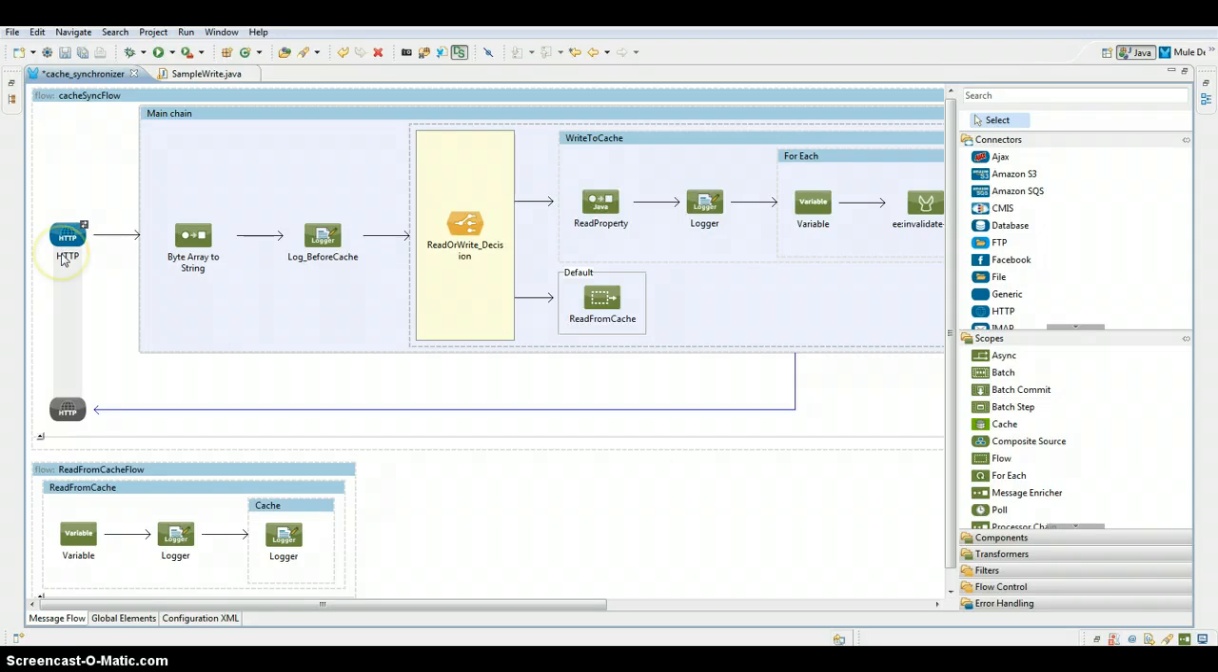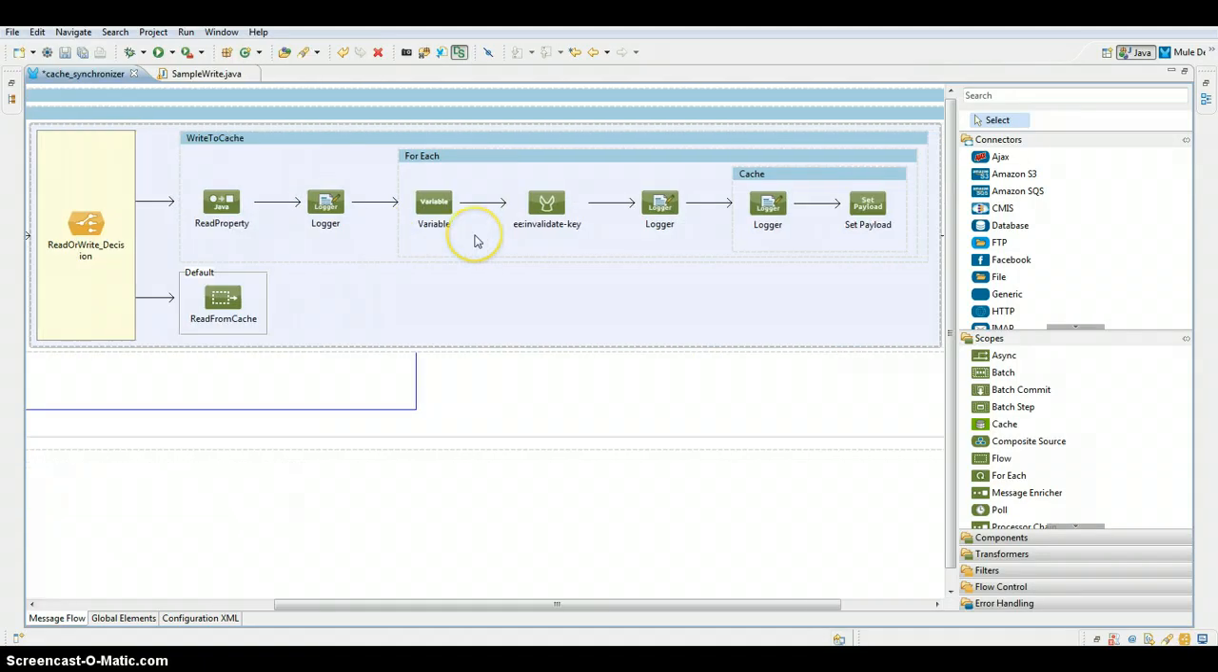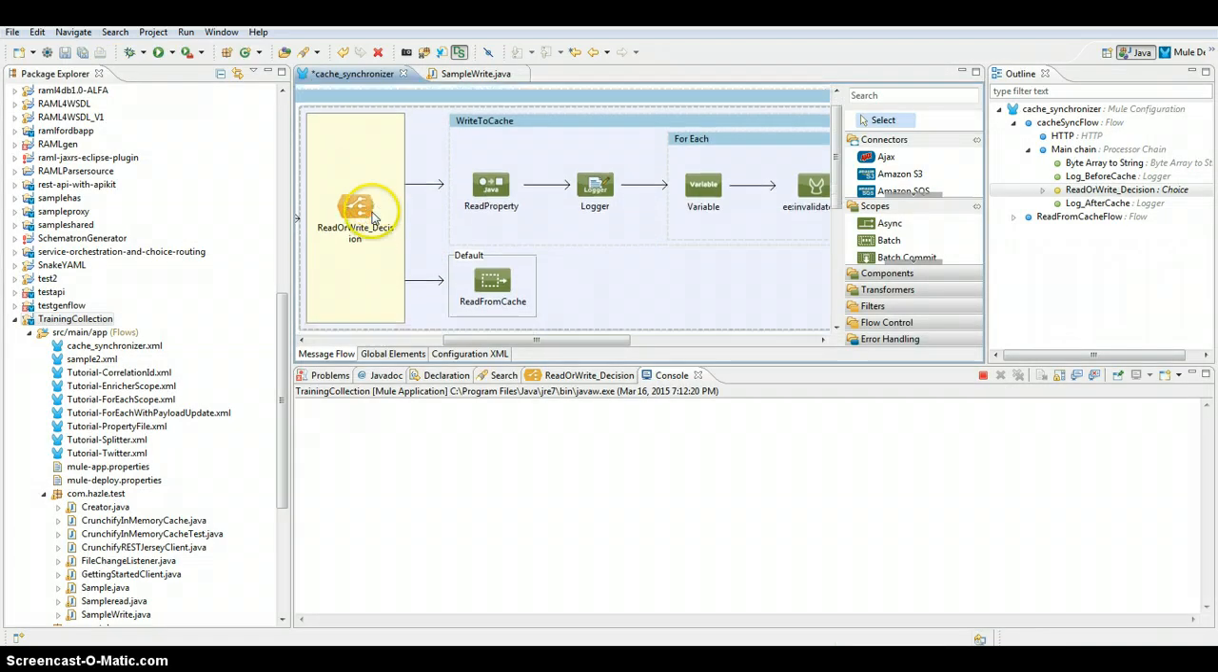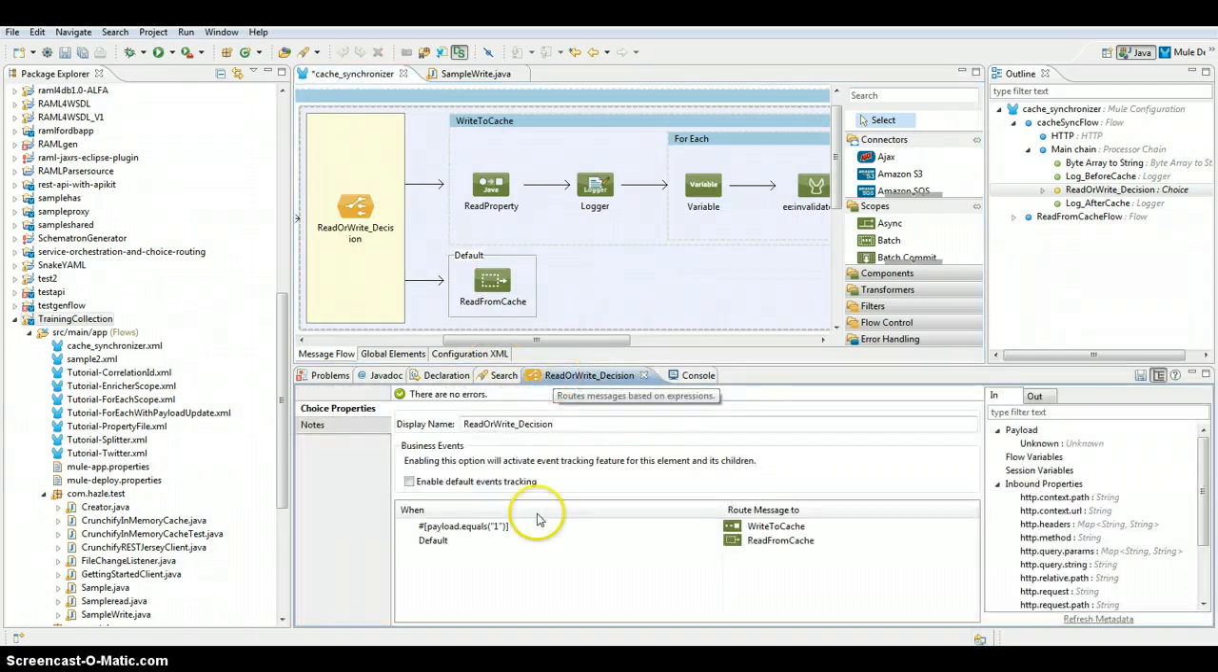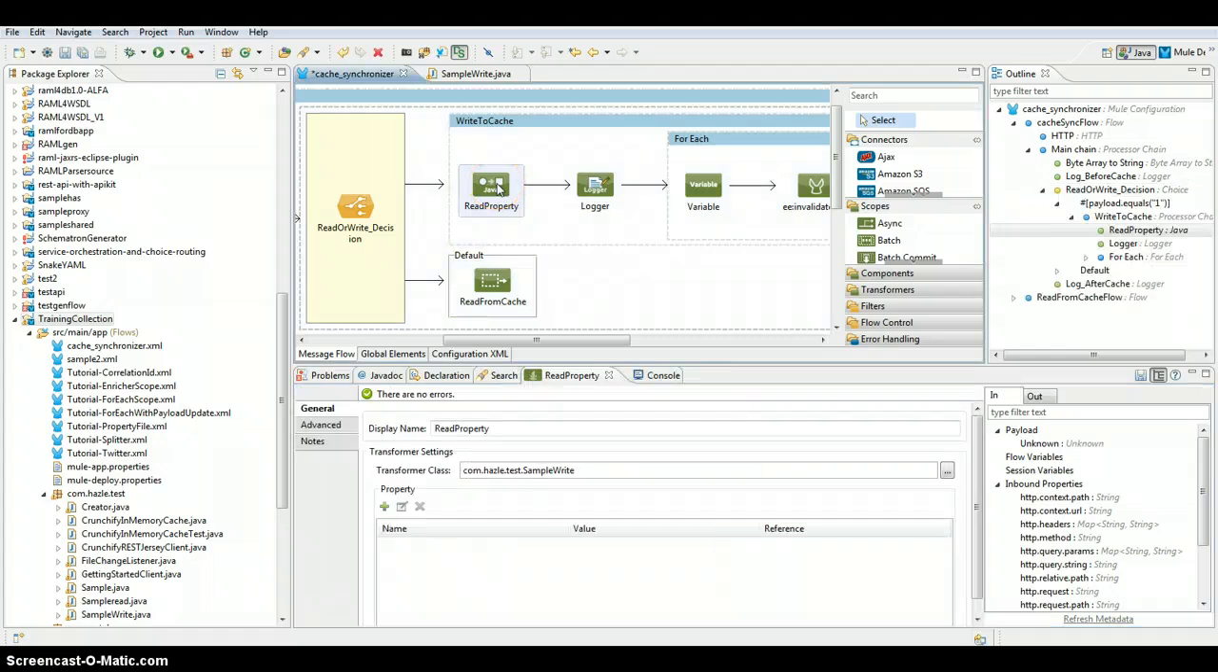Now, to understand the flow here, I have an HTTP flow which consumes my request. I have a choice router here which does two things. If the condition satisfies as 1, it will write to a cache, and if not, it will take you to read cache. So here in write cache, I'm trying to load a property file using typical